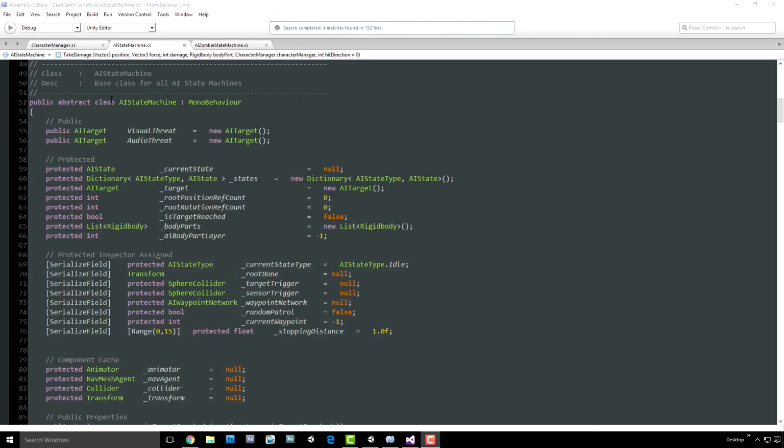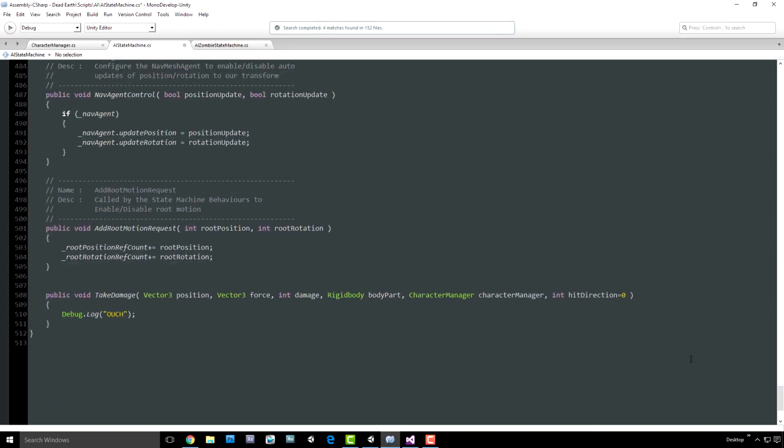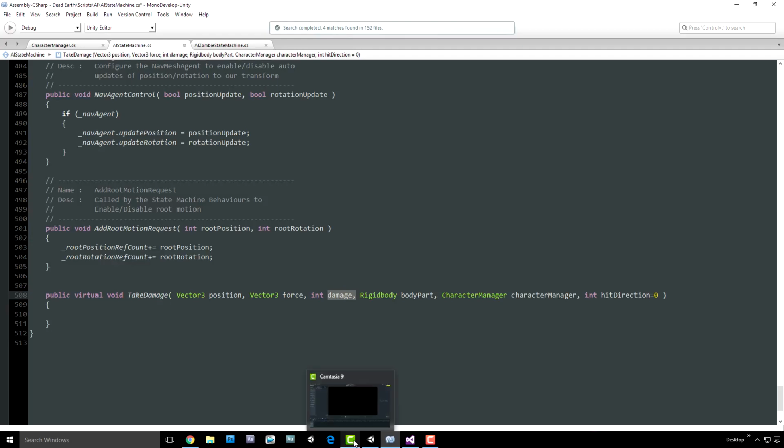So here I am in my AI State Machine class and I'm going to scroll to the very bottom of the script where we have that take damage function that at the moment just outputs ouch. Well, let's get rid of that ouch line to begin with. And also there's something I forgot to do earlier on when I created this function. I really want to make this virtual so that it can be overridden in derived classes. You see, it's actually in the derived classes where most of the work is going to take place. For example, one of the main things the take damage function is going to need to do in the case of a zombie is it's going to take this damage amount and it's going to apply it or subtract it